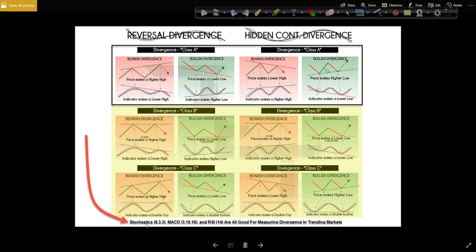If all three of these are going to be good for divergence, guys, then all three of them should show the same thing at the same time. It's not going to be multiple choice. It wouldn't be a good tool for measuring divergence then. See, this information was already on your charts.